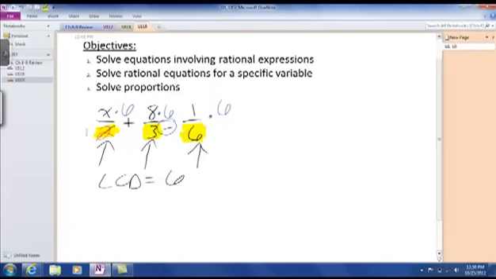2 goes into itself 1 time, and 2 goes into 6 3 times. And then on this next fraction, I've got 6 over 3. Well, 3 will go into itself once. It will go into 6 twice. And then over here on the right side, 6 and 6 are going to completely cancel each other out. So what's my new equation? Well, let's come over here, and we'll see that my new equation is